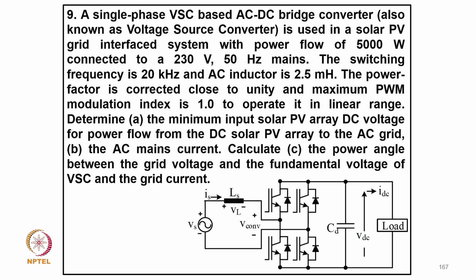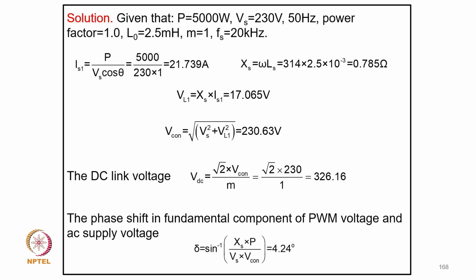Typically you can see the converter. Of course, in place of the load we have a solar panel. So coming to IS1 equal to P upon Vs cos theta, it comes to 5000 divided by 230 into 1, so 21.739. XS equal to omega LS, so it comes to 0.78, and VL1 equal to XS IS1, that comes to